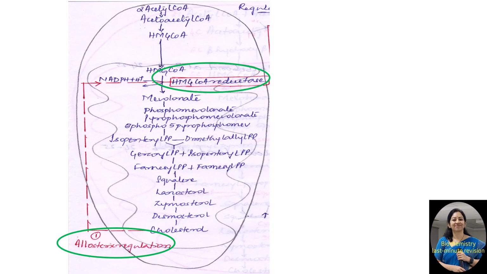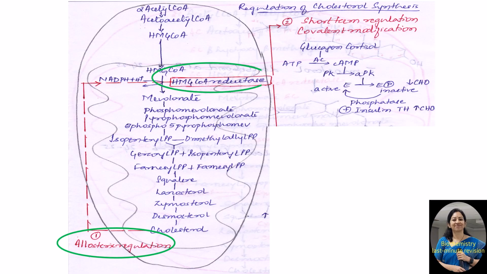So this is allosteric regulation. Next one is covalent modification, that is short-term regulation. This is done by phosphorylation and dephosphorylation of HMG-CoA reductase enzyme under the influence of glucagon and insulin. Now glucagon activates adenylate cyclase enzyme, which causes cyclization of ATP to cyclic AMP. This in turn activates inactive protein kinase to active protein kinase,